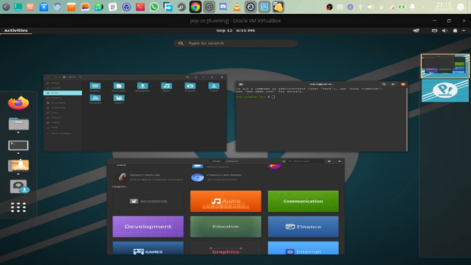Pop!_OS, you are a go. You have produced something that is worth using for every daily user out here. Yes, Linux is more than just a digital hazmat suit to shield people from .exe or executable malware.